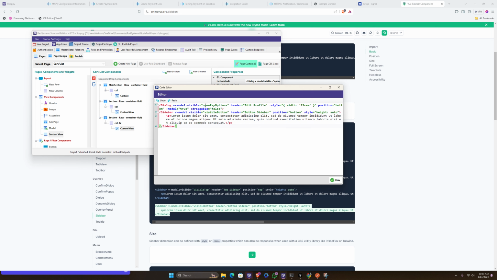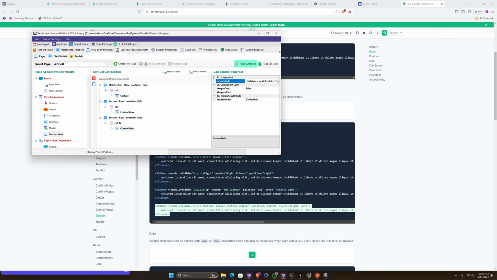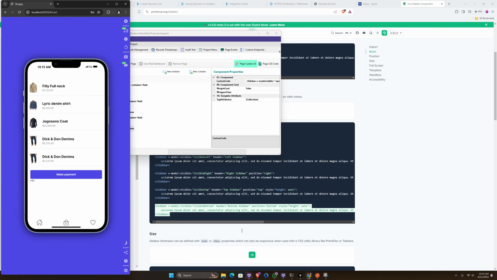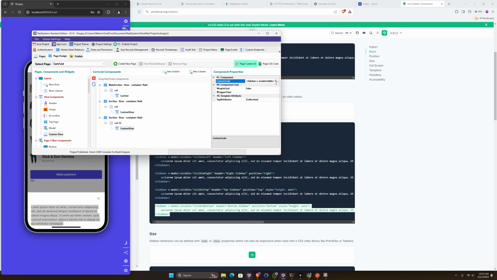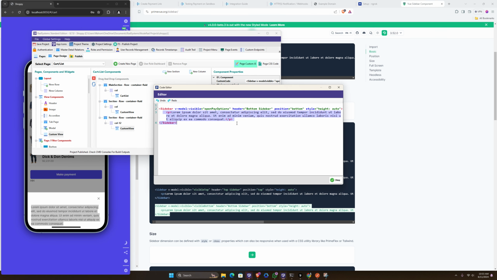So I'm just going to take this and replace it with this. There you go. And okay, publish. So in our application, when you click on this, it should open this dialog. Now we want to have buttons at the bottom here that should display maybe pay with this, pay with that, right? So what I'm going to do is come here and grab maybe some few items,